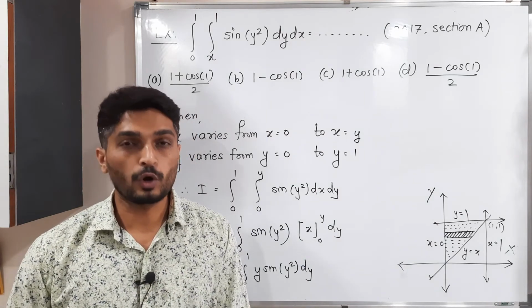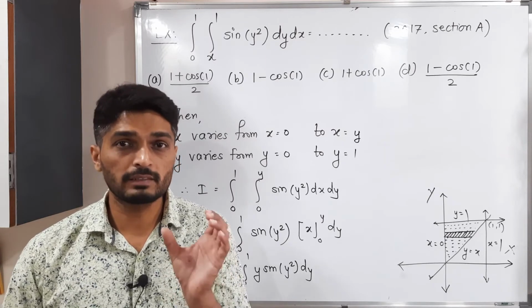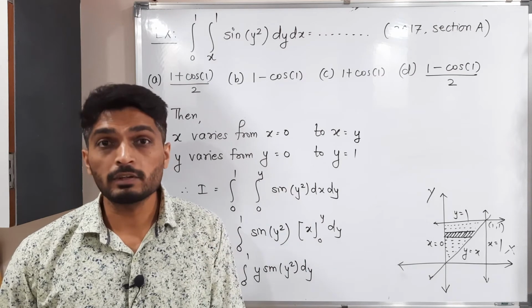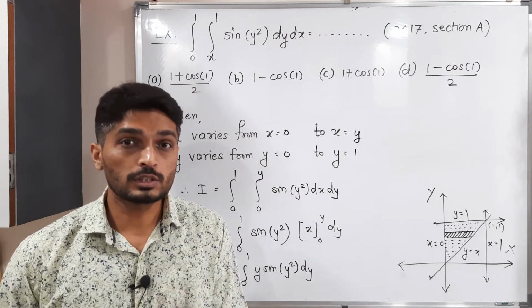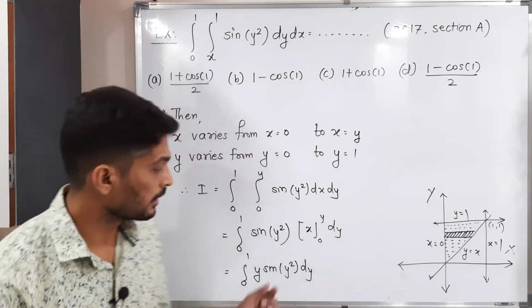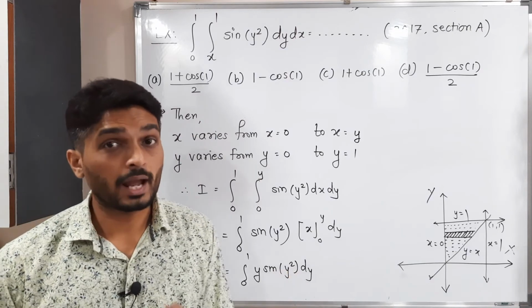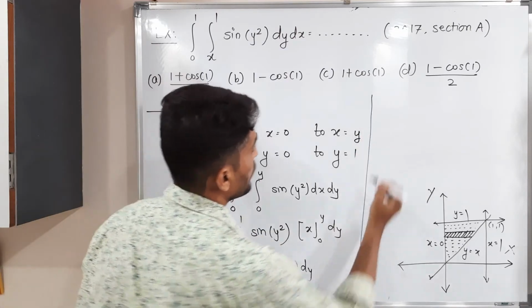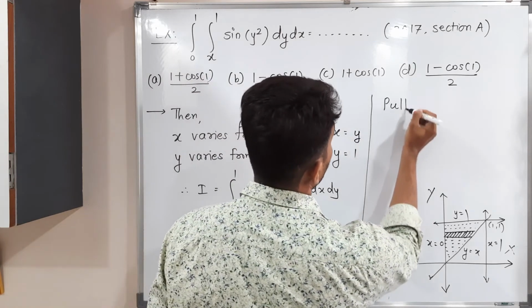There is a need for substitution. Normally, what we do is take the thing which we have in brackets as an angle or as a power and whose derivative can be easily found. So such a function we will put. Here, as you can see, we have y square as an angle, so I'm going to put it as t. Then we can easily solve this problem. So putting y square equal to t.